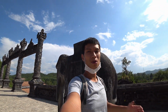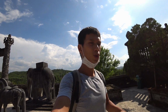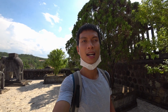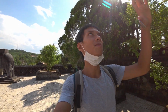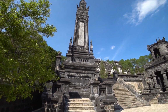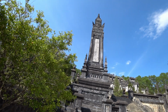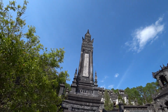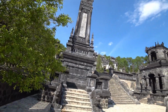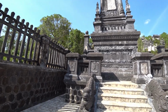So this mausoleum here belongs to a very unpopular king. He's the 12th king in the Nguyen dynasty, and his name is Khai Định. So in front of me is a big pillar, and this pillar works like a torch leading the soul of the king to another realm. And this is a typical Buddhist architecture, but because at this time our country was under French colonial rule,